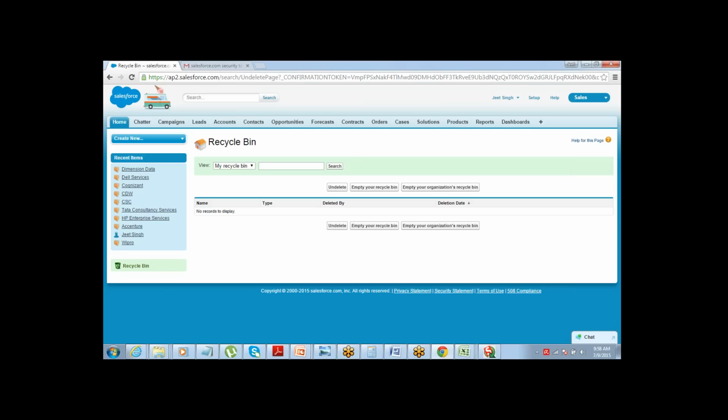For filtering, so you're saying that only the records which were deleted on a certain date need to be undeleted. That's what you're trying to do? Yeah, that's what I'm trying. So we will talk about it. We have an option of exporting the records which are deleted.